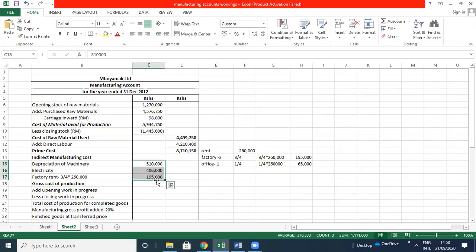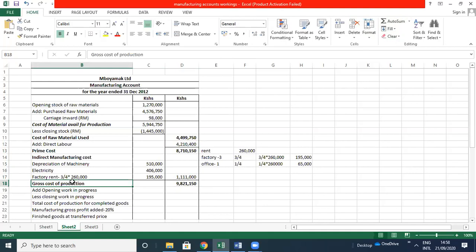Once we add that up, what do we get? 11, 11. True or false? We add it to the prime cost for us to be able to get what? The cost of production, which is 98, 21, 150, right? That is the cost that we have spent to try and convert the raw materials that we have into finished